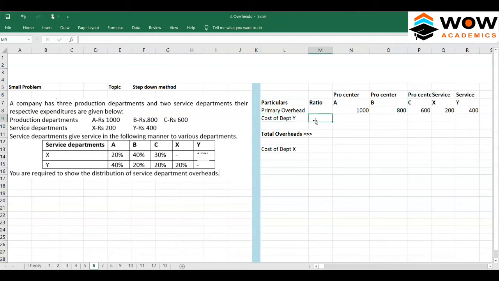So Y will go out. Y's value would be 400. That will first go out. And the ratio would be 40 is to 20 is to 20 is to 20. Okay, so that is going to be